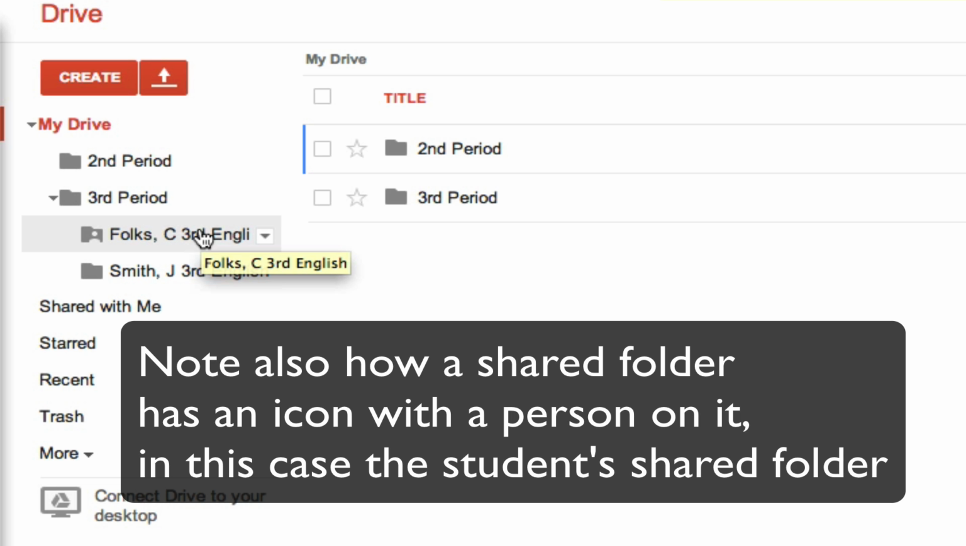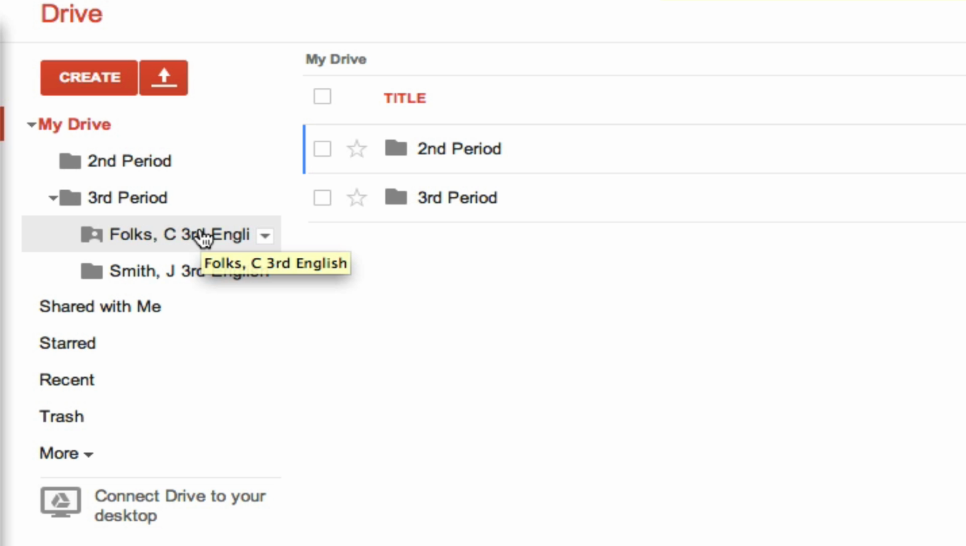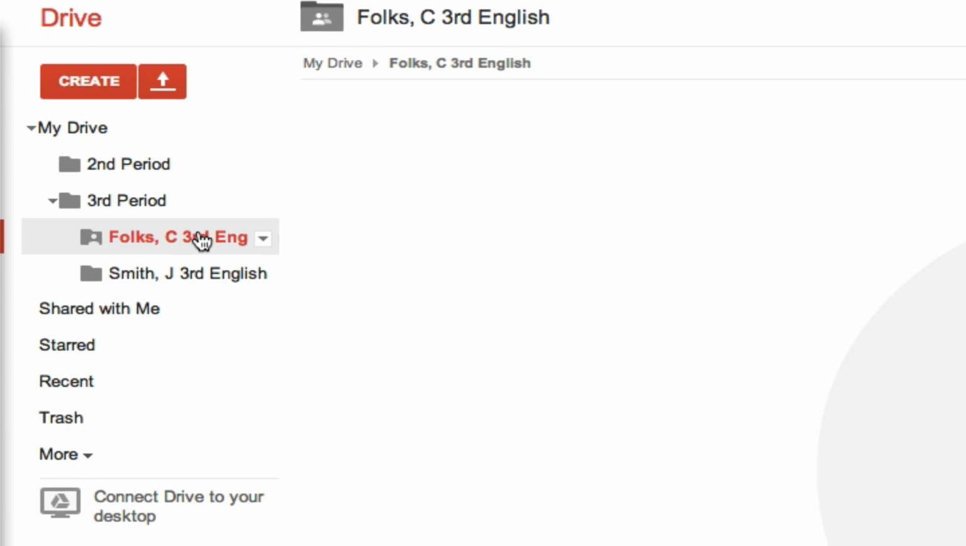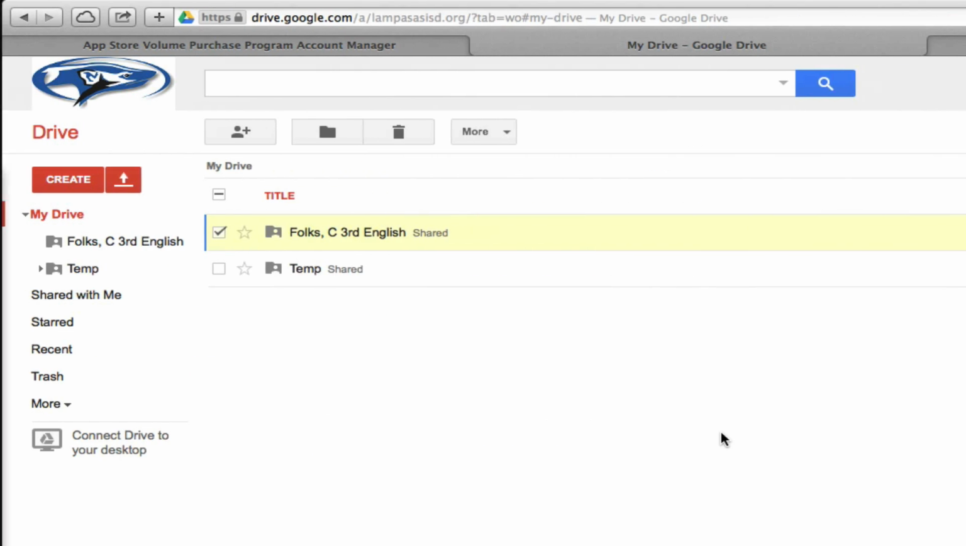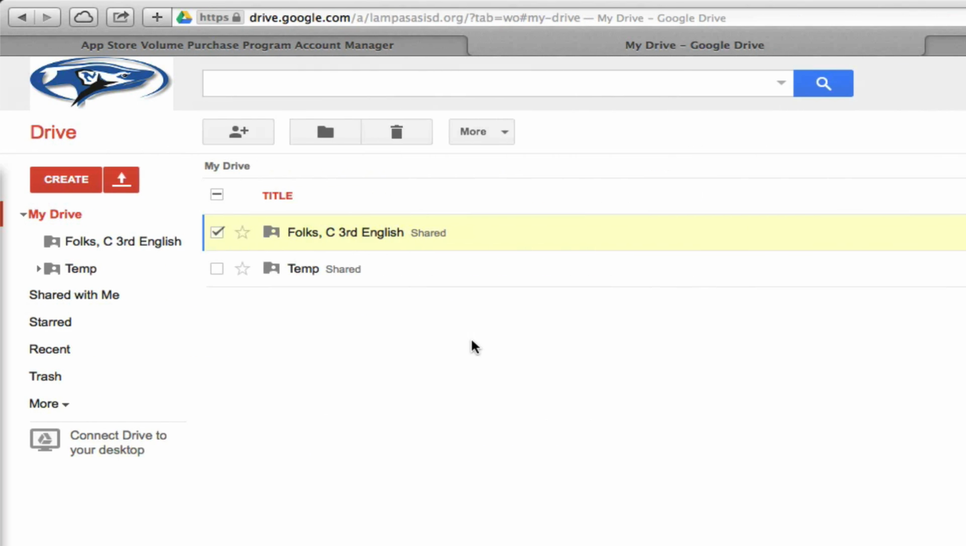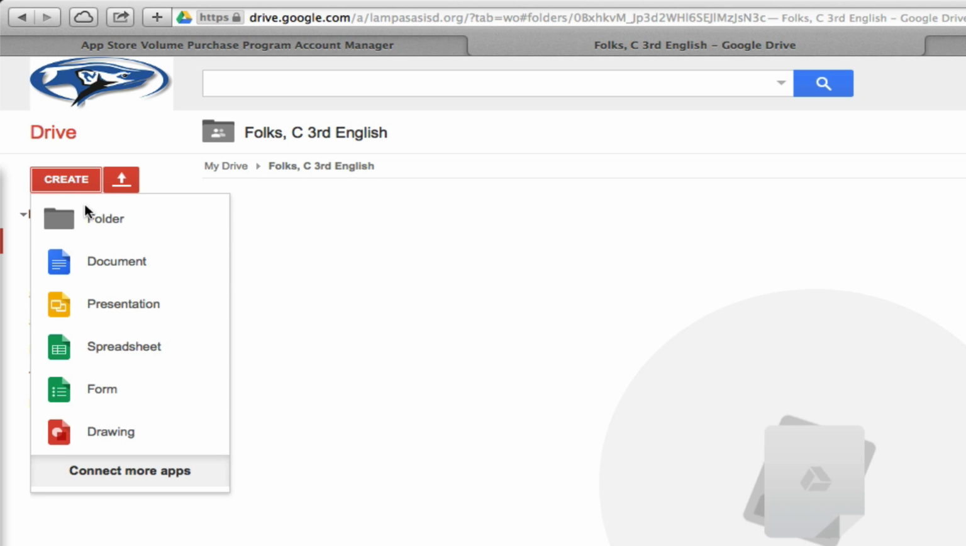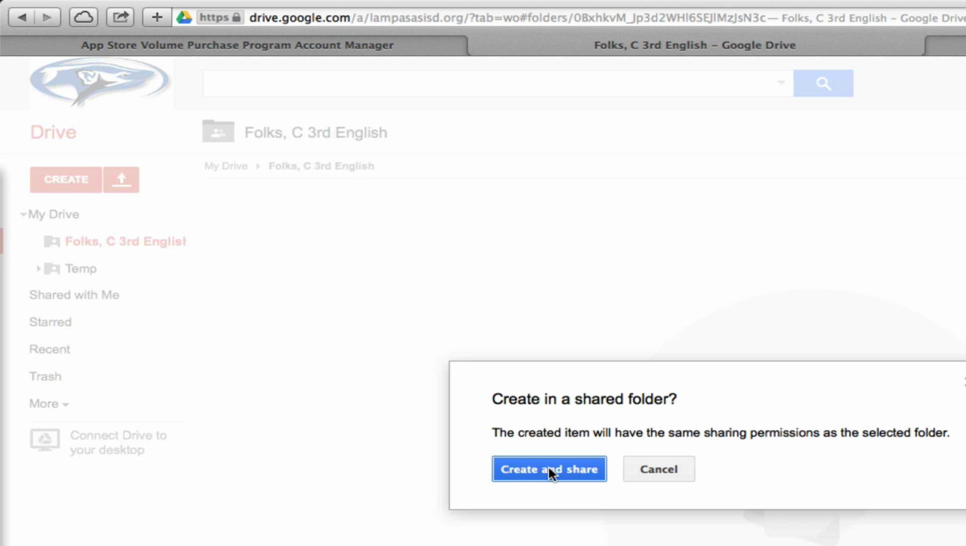Alright, so now Calum has shared a folder with his teacher, and so at any point I can click as the teacher and see what's in the folder. So let's say that Calum wants to create a research paper or something like that. He can go into that folder that he has shared with me already and create a document, and it's going to say this created document is going to inherit the share settings of the folder itself. So I say create and share anyway,